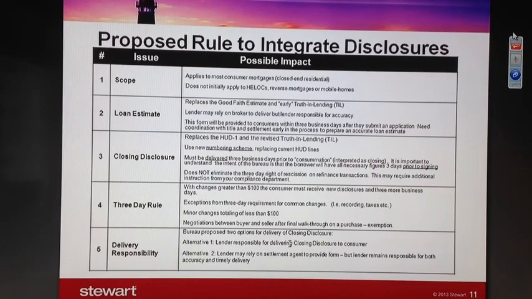The new closing disclosure form, the new HUD, we'll call it, replaces the current HUD 1, and it also replaces the revised truth in lending disclosure. So when we talk about integrated disclosures, that's what we mean. We literally are taking, or the CFPB is taking disclosures that were separate prior to and integrating them into a single form. So the GFE and the TIL are integrated into an initial disclosure, and the HUD statement and the truth in lending disclosure, the final one, are integrated into a single form.